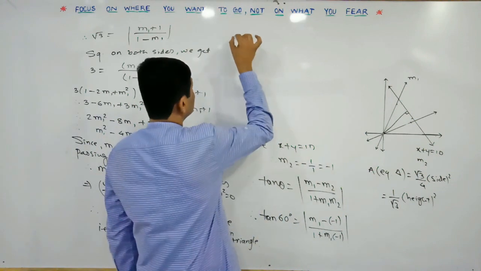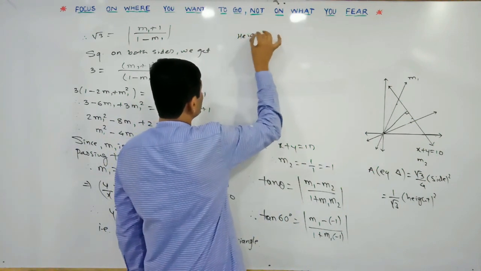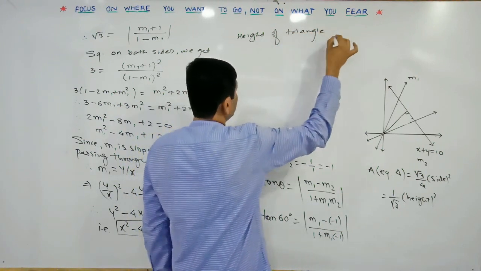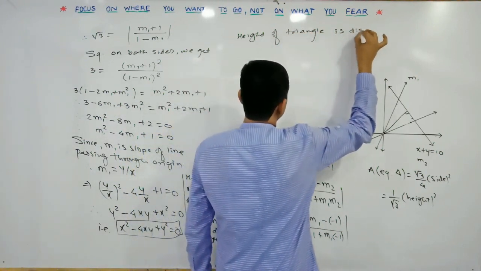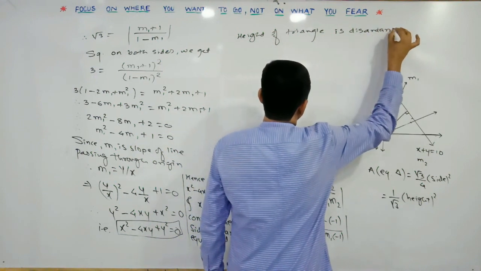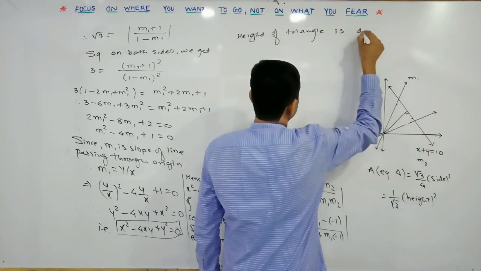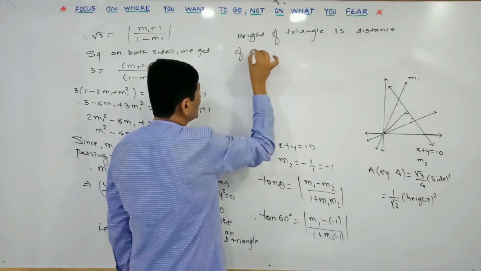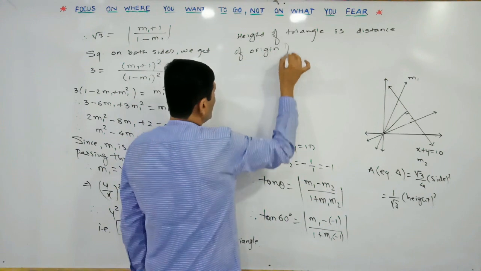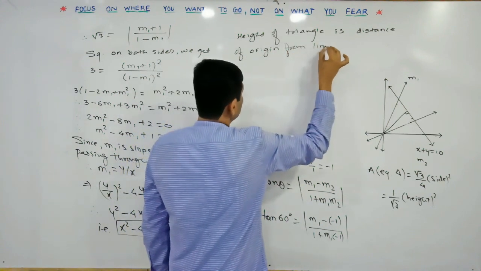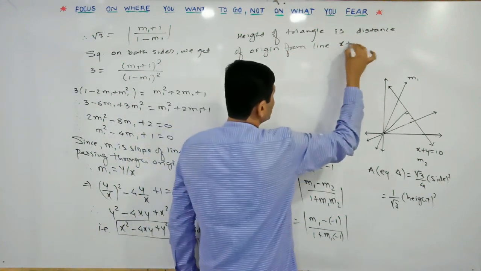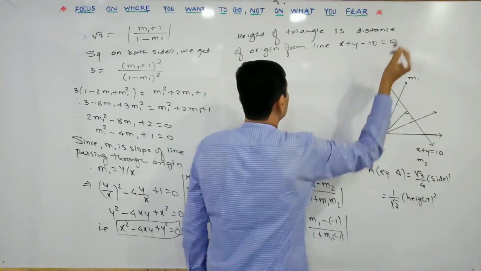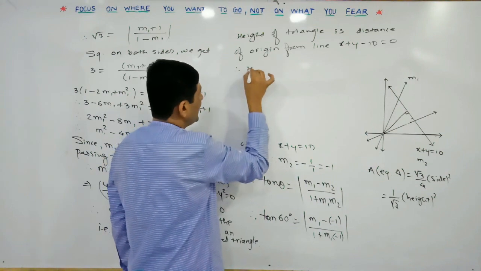So height of the triangle is the distance of the origin from the line x plus y is equal to 10. Moving 10 to this side, it becomes x plus y minus 10 is equal to 0. So therefore height is equal to,